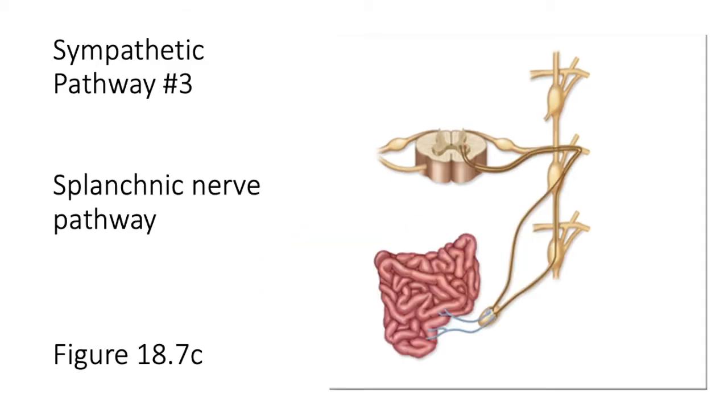Third pathway, the splanchnic nerve pathway. This one goes to, you can kind of guess what that is, the digestive system. That's good enough if you just knew that. What does it do to the digestive system? It'll decrease activity in your digestive system. So maybe we could even do that in a different color to make it, okay, decreasing digestive system activity, because you